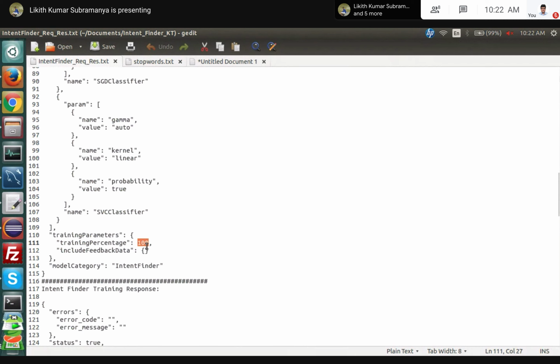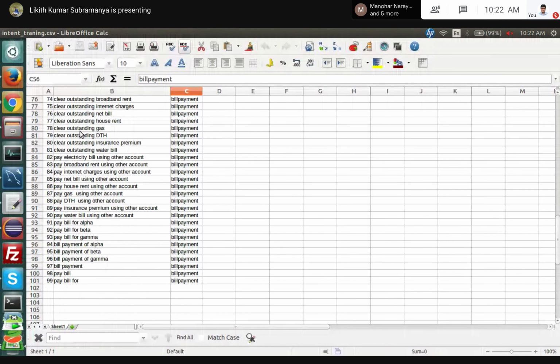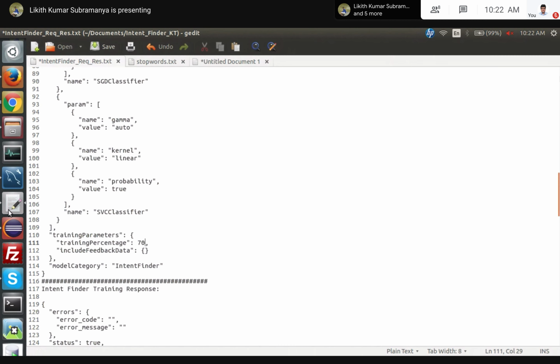This is the default, 100. You can give some other percent also, 70% or 60%. What it does is, based on these 100 utterances, 70% of the utterances will be given to the training, and the remaining 30% of utterances will be taken for the testing of your model. So that is what this training parameter does.